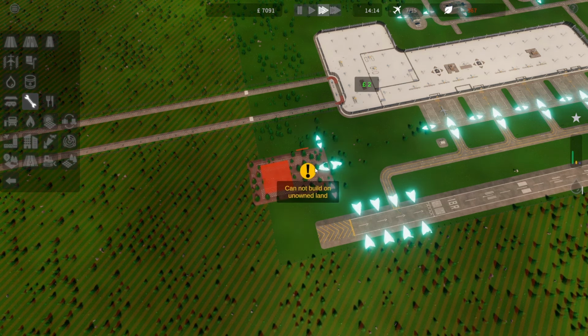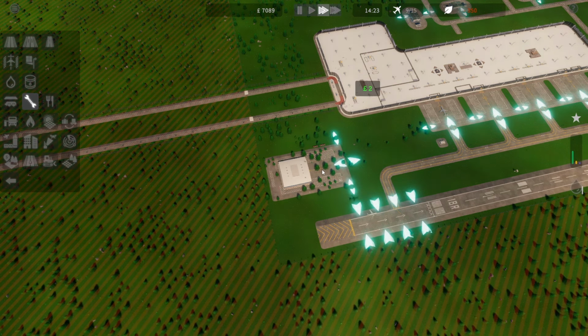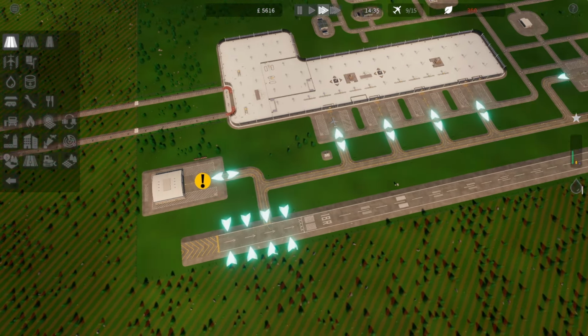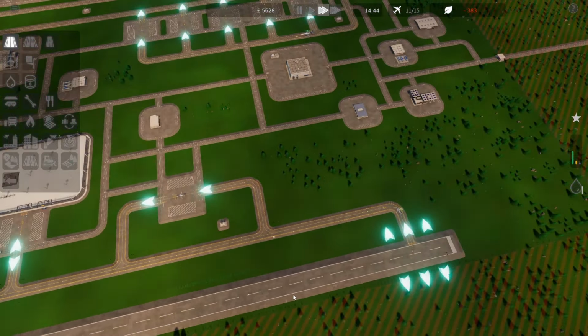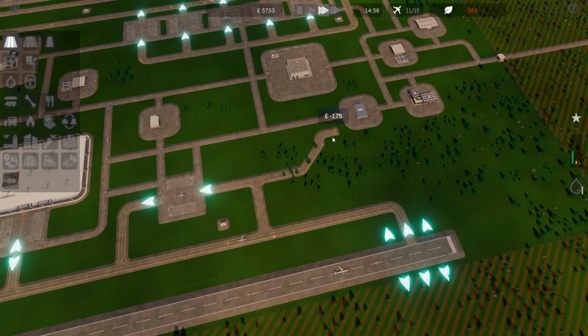So if we turn you around like so, I think, or like so. Yeah. Put a bit of taxiway in, like that. Someone did mention in a comment on the last video about diagonal taxiways. They can be done, but the game isn't terribly happy to do it. So if I do, there you go, it's a little bit of a...